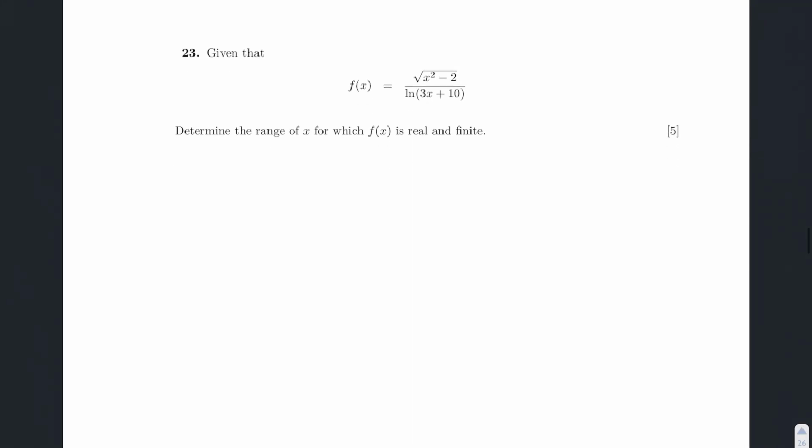Question 23. Given that f of x equals square root of x squared minus 2 over the log of 3x plus 10, determine the range of x for which f of x is real and finite. And this is the last question. So, we know that 3x plus 10